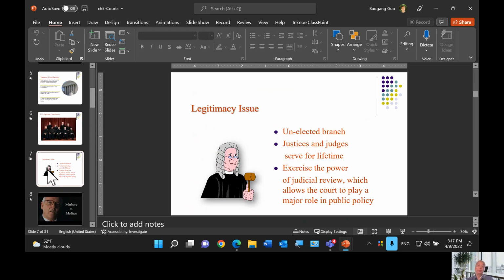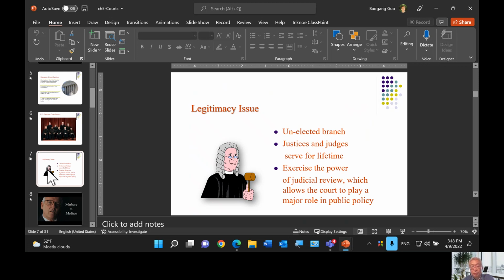The judicial branch as a whole, they are not elected, and they serve for life. So the public cannot hold those people accountable directly in any way. This is all intended to ensure judicial independence.